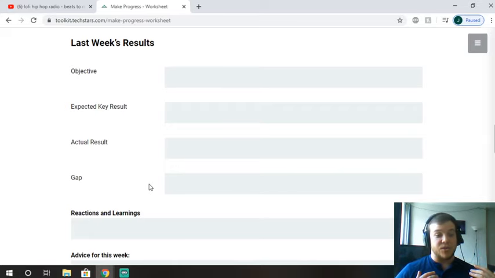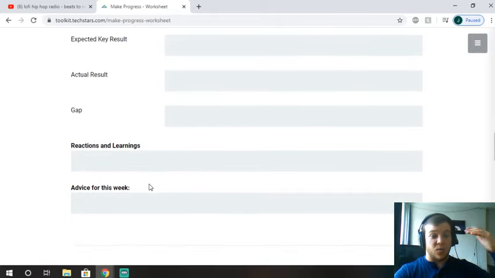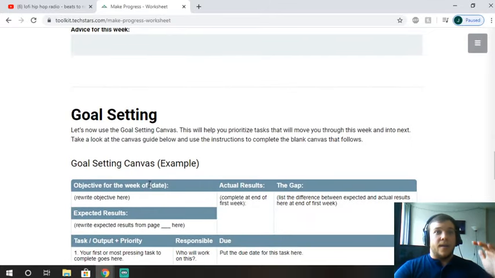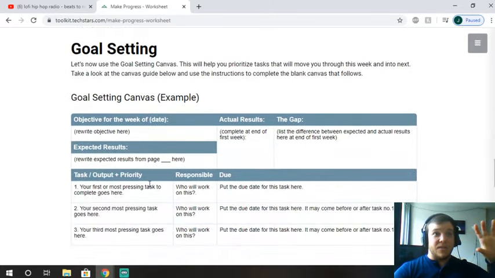That's where you can actually make meaningful change in your goals and in your objectives, by looking at what is the learning from that. So you take out your learnings. What did I learn? Oh, I learned that this does not result in that much change. It only results in this much change. And then the advice for next week could be, okay, I know this, let's test something else. Or making a 10% change is what I should project for the next week. And it just makes you a bit more accurate as you iterate this process.